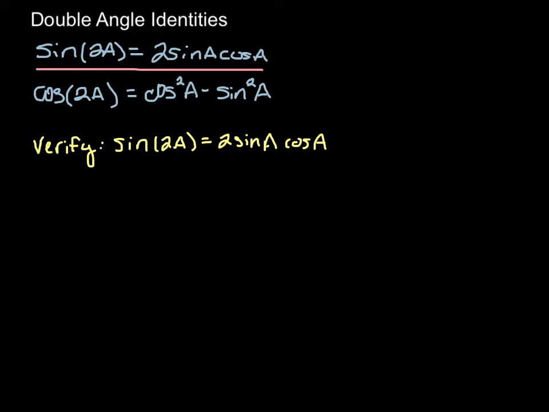So we have sine of 2A equals 2 sine A cosine A. We want to make this look like this. Well, how do we get 2A? 2A is the same thing as A plus A. So we know that sine of A plus A. Now that's one of our identities. We have a sine of a sum, so sine of A plus A is equal to